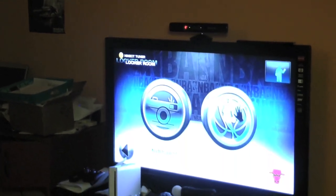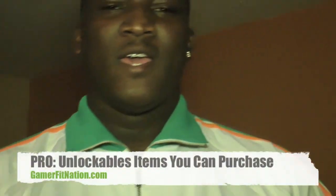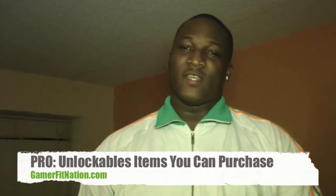Alright, the first thing I want to show you before we actually play the game is something called the locker room. What's cool about the locker room is that you have the ability to check on snapshots, which is taking pictures of you while you're playing a game, and you can also go to the NBA store. Now, what's cool about the NBA store is that it unlocks more stuff in the game, pretty much going by the scores you accumulated, and you can use those points to purchase things in the store,